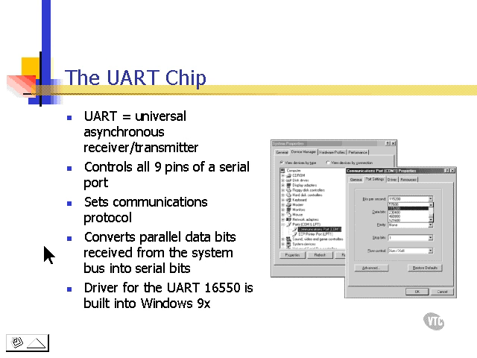The UART chip has a driver, and there are many different types of drivers, but the UART 16550 is the most common driver, and it's built into the Windows 9X operating systems and operating systems after Windows 9X. With a Windows operating system, 9X or better, and a UART 16550 chip, we can theoretically communicate at 56 kilobits per second. We don't actually get that speed over telephone lines in most cases, and we'll talk more about that